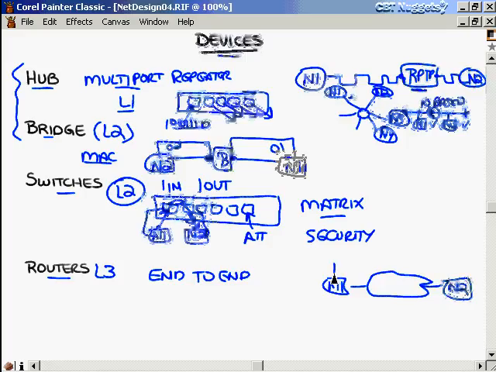How is it going to accomplish that? It's going to do that through routing protocols. We talked about that before, and that's communicated in between routers and paths that they're going to take. And it's also going to do that with what's known as logical addressing. This logical addressing, as far as IP, is going to be,